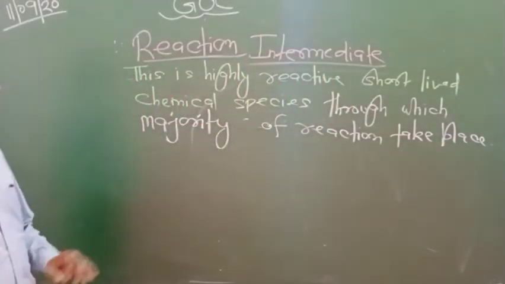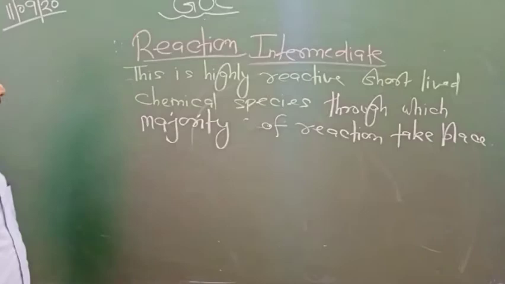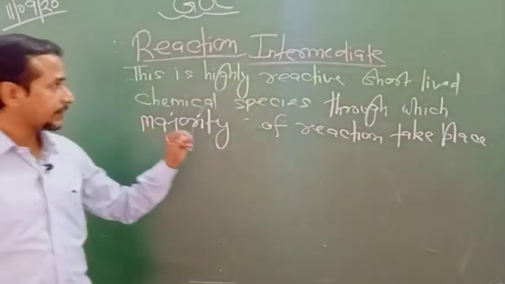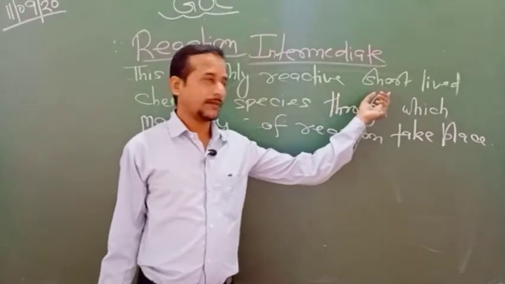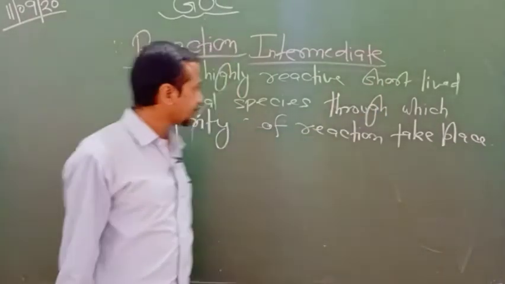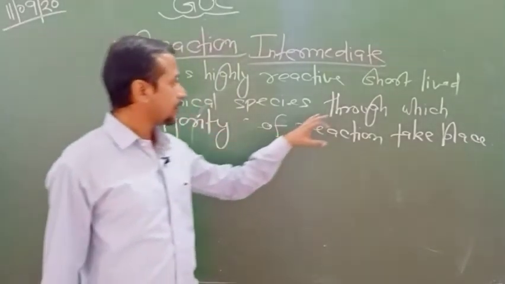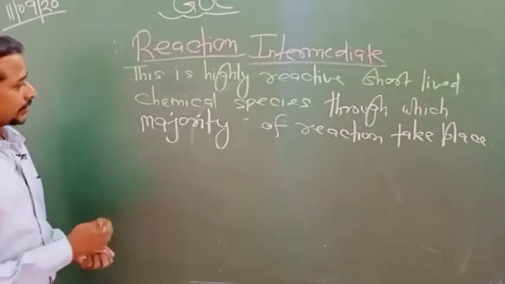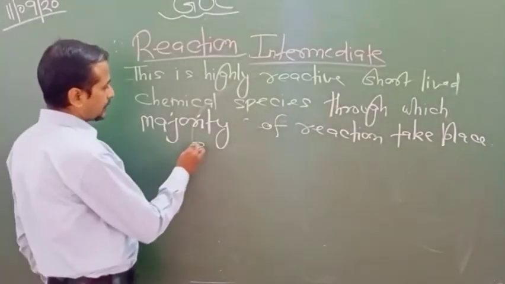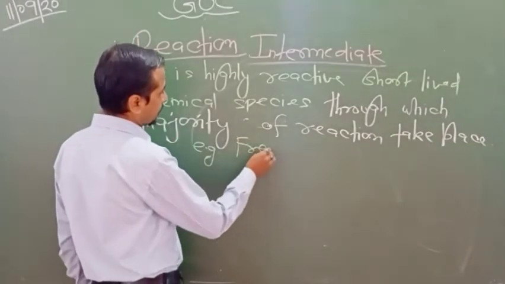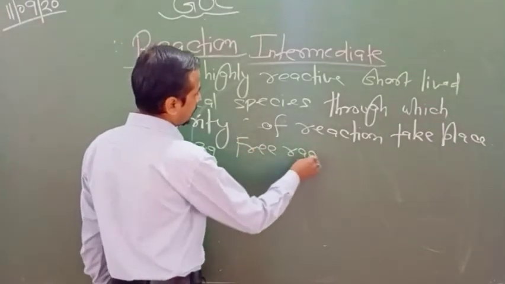So you can define the reaction intermediate this way. This is a highly reactive, short-lived chemical species. Basically, the life of this chemical species is 10 to the power minus 6 to a few seconds. Chemical species through which the majority of reactions take place are known as reaction intermediates. Generally, these reaction intermediates are free radicals having one odd electron,